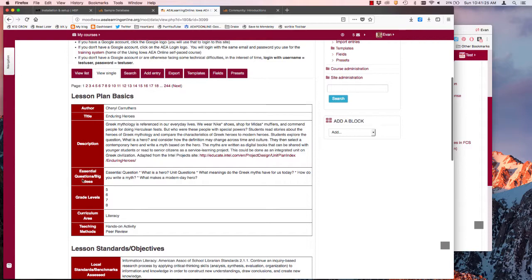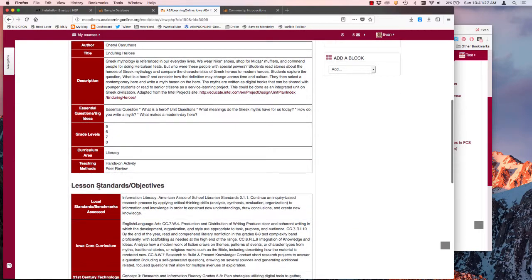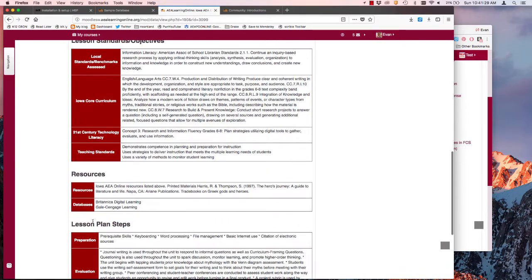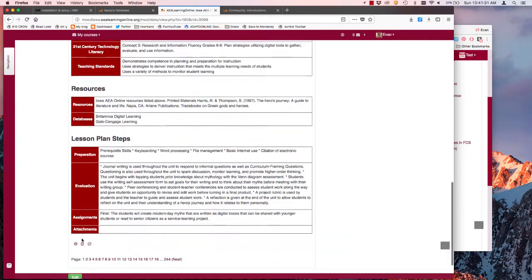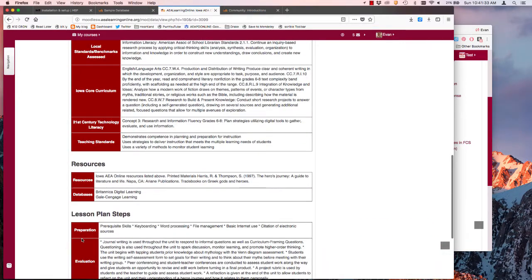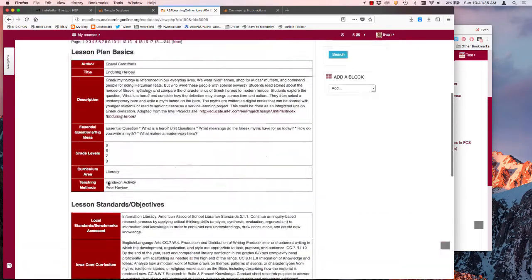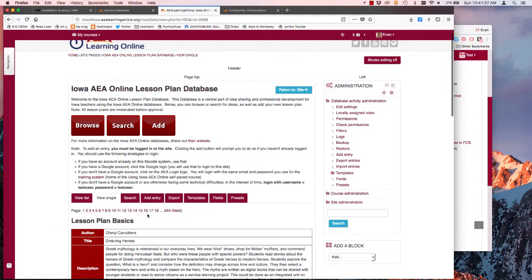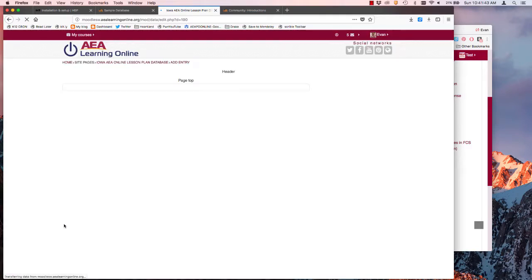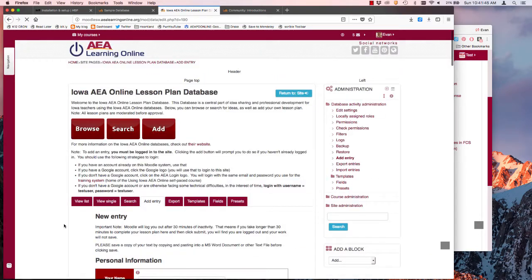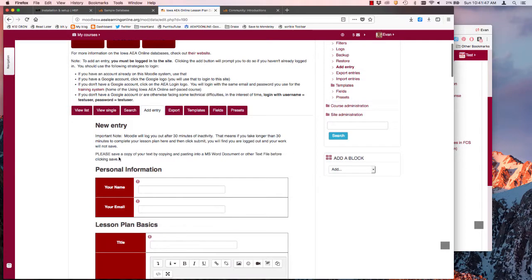I did some coloring to make it look a little better. I also separated out different areas for people as they did it. Okay, and again, this is an entry. You can see we've got lots of different entries in there. And then I can also go into the Add Entry field, and this is customized too. And again, I gave directions at the top,